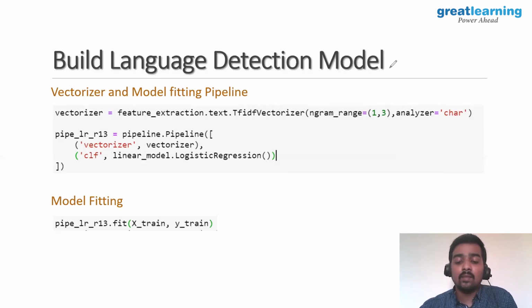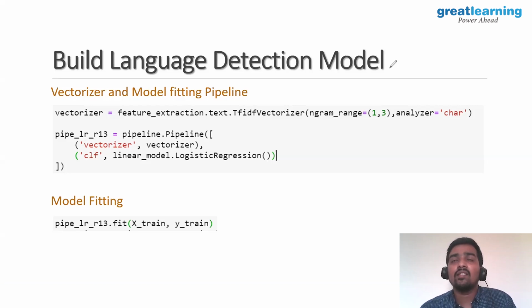Are we using n-grams? Yes, we are using n-grams, and this is where we are using it. We have used the TfidfVectorizer function, which is readily available in the sklearn library, right? We have imported it, and we have used this n-gram range of 1, 3 internally in it, and we have used analyzer as character. Now, once we have the vectorizer, pre-processing, data loading, everything is done, and we have also split our data into train and test. So the next part will be building a model, right?